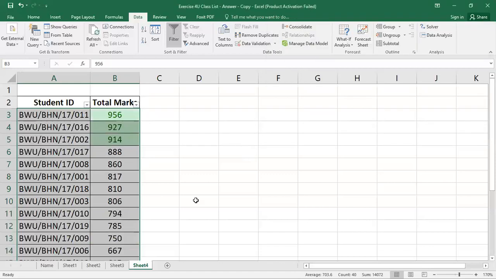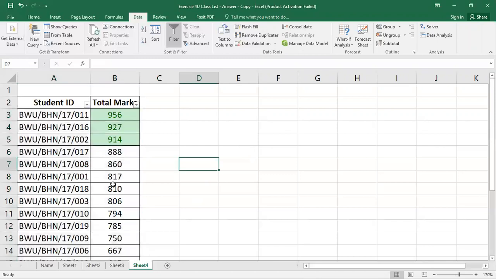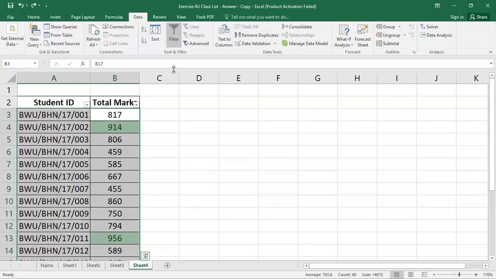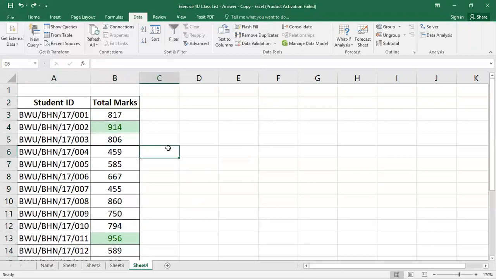So in that particular case also we can sort these first three numbers. So this is the combination of using conditional formatting as well as the sorting.